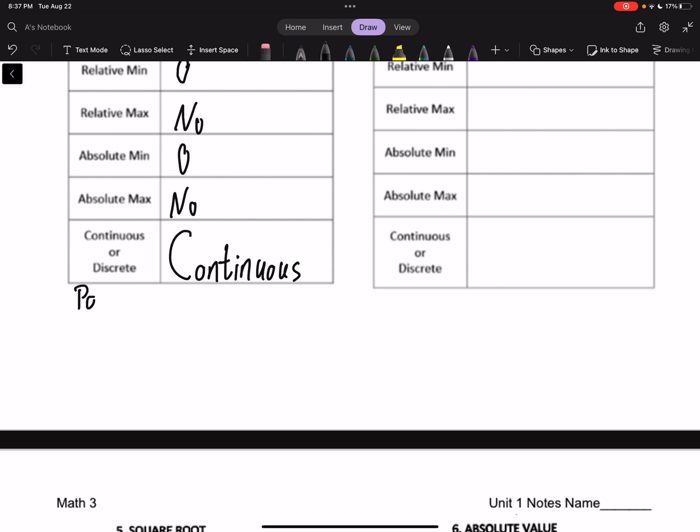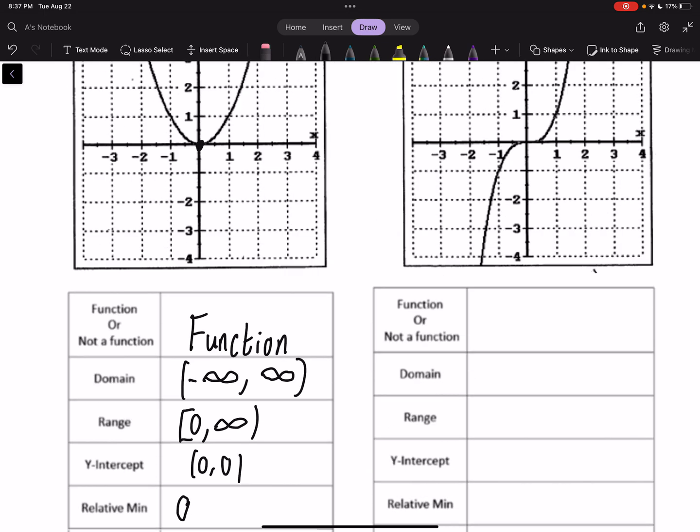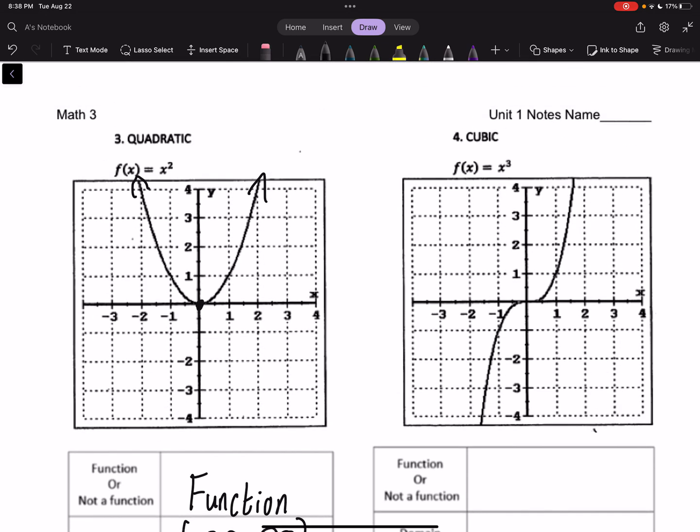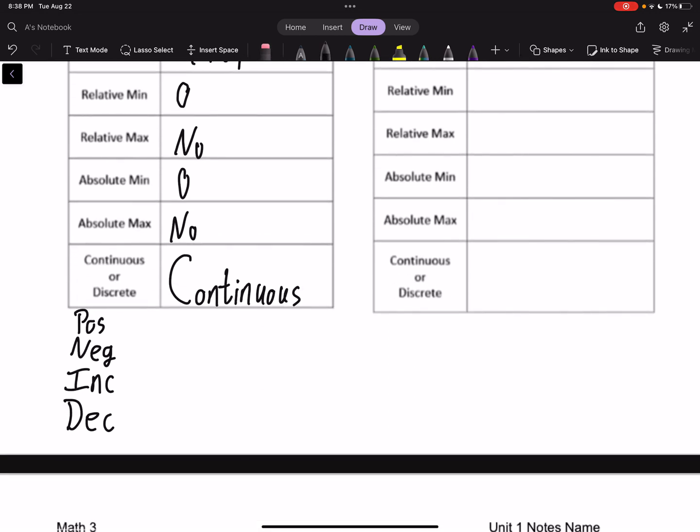Positive, negative, increasing, decreasing. All right. Again, 0 is not positive or negative. So it is positive from negative infinity up to 0,